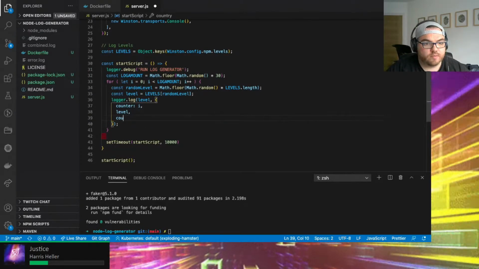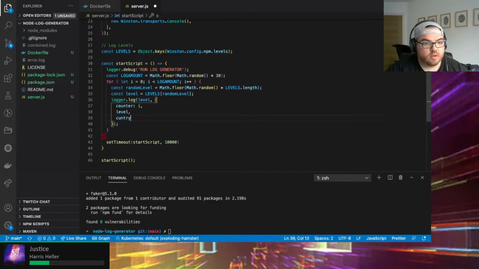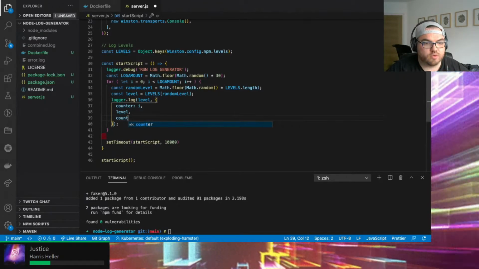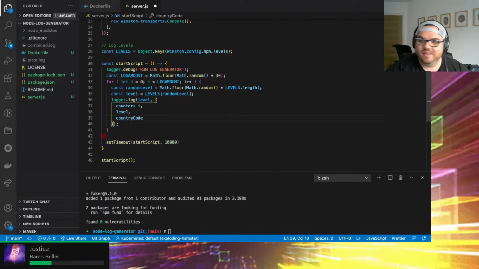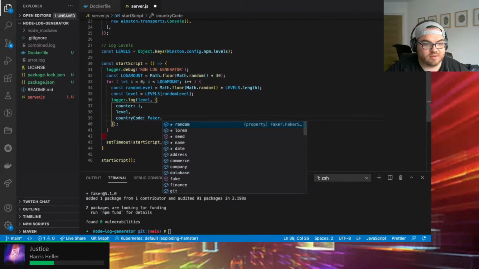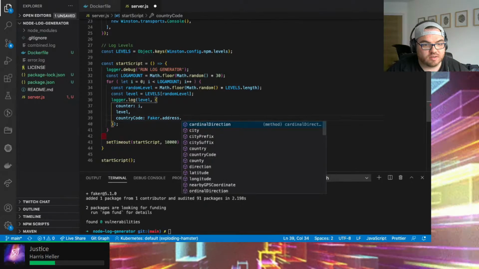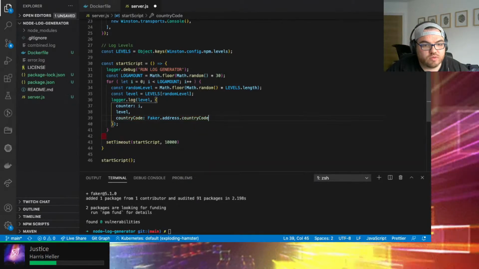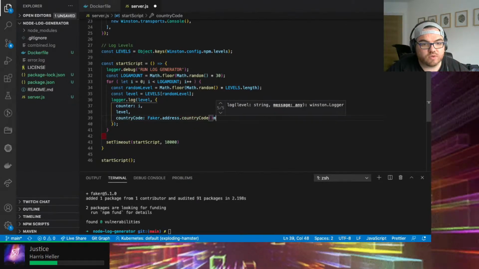Country. Country. Need to be able to type. Faker dot address dot country code. I think it's a function. Sweet.